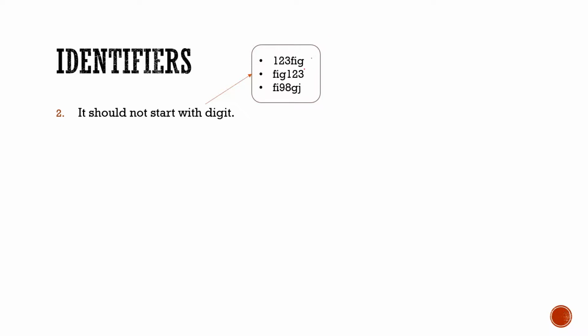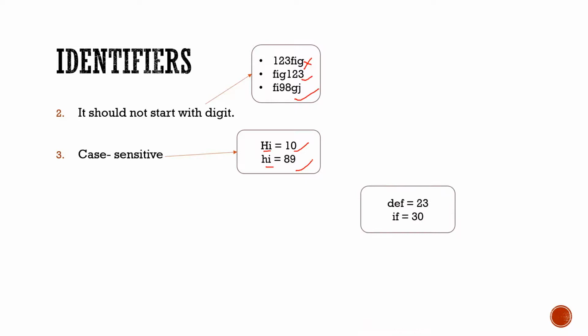So this first one is an invalid identifier, the next one is a valid identifier, and after that it is also a valid identifier. Now the next rule that we learned about: if I am writing capital H or I, is it working? Or HI in small, it's also working. From this we learned that Python is a case sensitive language. It treats the uppercase alphabet and the lowercase alphabet differently. Okay, so both of them are valid identifiers.